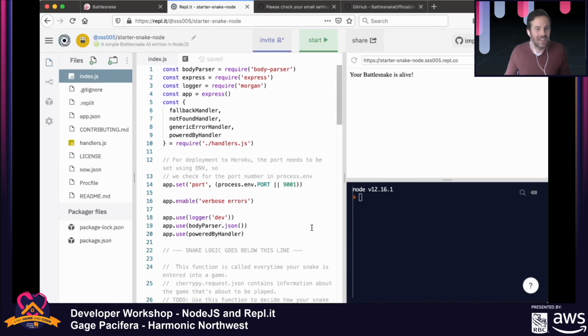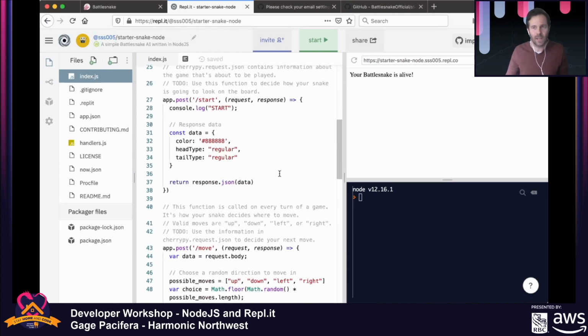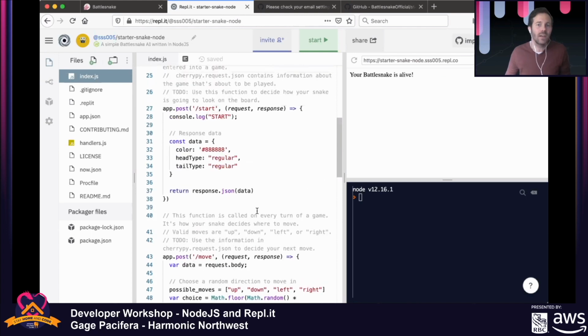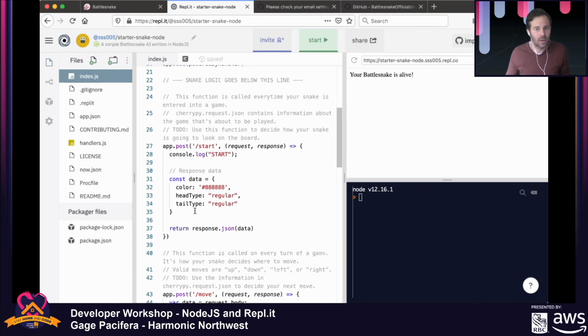So how do we get it going for competition? I'll just look a little bit at the data here. I'm not going to spend a ton of time talking about customizing snakes. There are a lot of great tutorials out there that do that for you, but I'm going to at least try to cover the basics in the next 15 minutes or so. Just to make sure that we're actually able to edit our code, the first thing I'm going to do is change my color. So if I want a blue color,